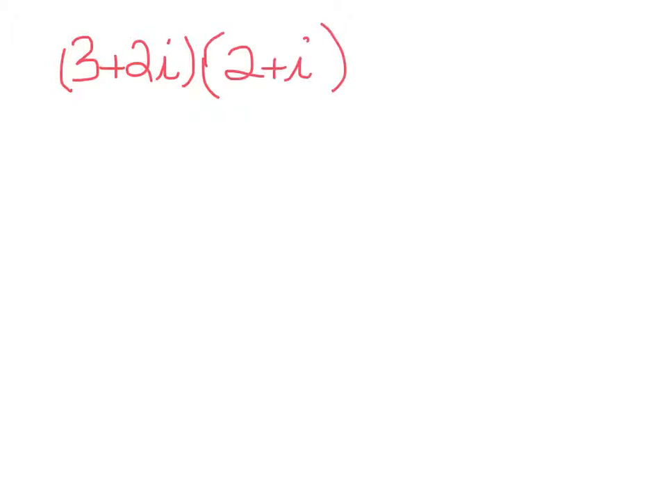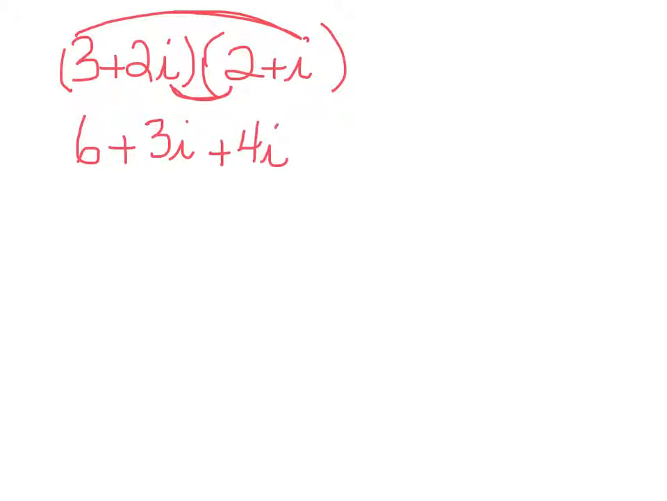Okay, so it's kind of like the double distribution that you've always done, except this time we're going to have i's. So we have 3 times 2, which will be 6. Then the 3 times the i will give us plus 3i. Then the 2i times the 2 will give us positive 4i. And lastly, those last two terms, the positive 2i here with the positive i here will give us positive 2i